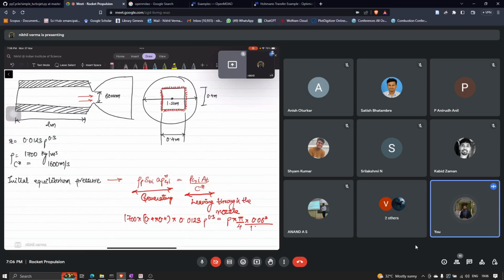C star is 1600. So if you calculate p equilibrium,